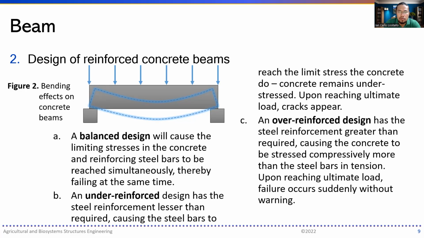And lastly, an over-reinforced design has the steel reinforcement greater than required, causing the concrete to be stressed compressively more than the steel bars in tension. Upon reaching ultimate load, failure occurs suddenly without warning. What we want to avoid is letter C. And why? Because once you reach the ultimate load, failure suddenly happens without any warning,